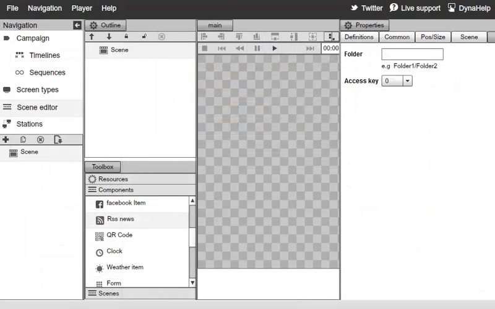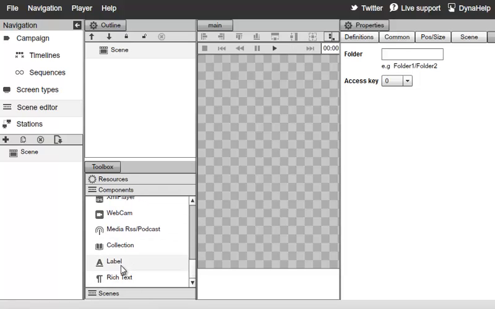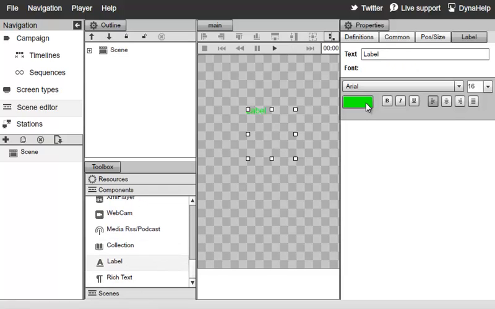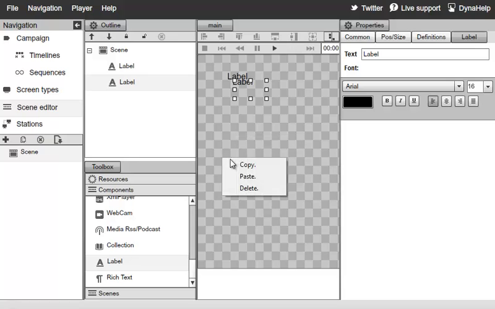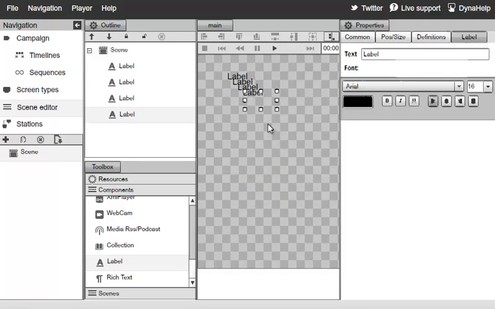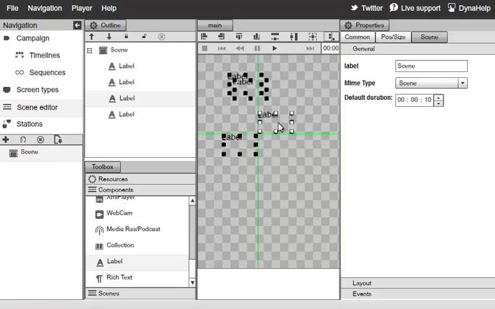Next, we're going to talk about the layout manager. So like I showed you before, when you drag objects to the scene, you can position them any way you like using your mouse. So if I switch over here to my component and take multiple labels and drag and drop them, let's go ahead and copy and paste. I can position these objects any way I like. I can do multiple selection and drag and drop them,